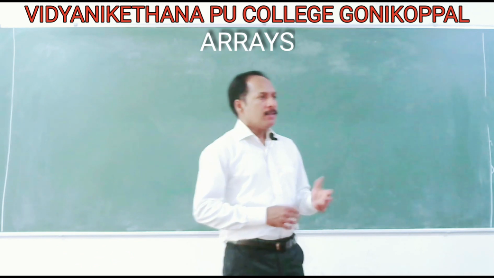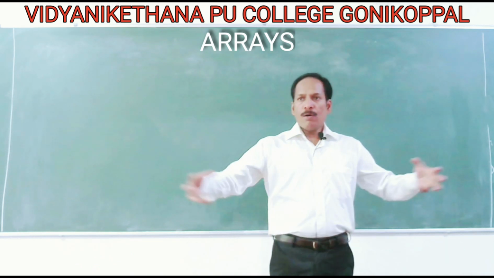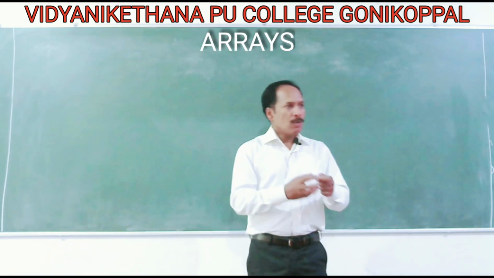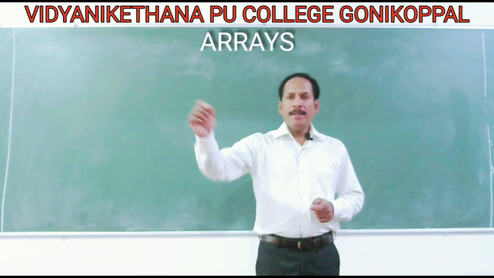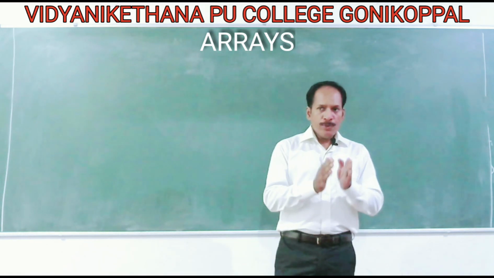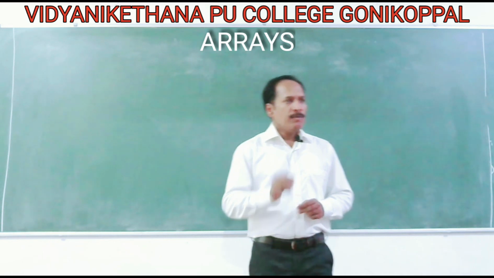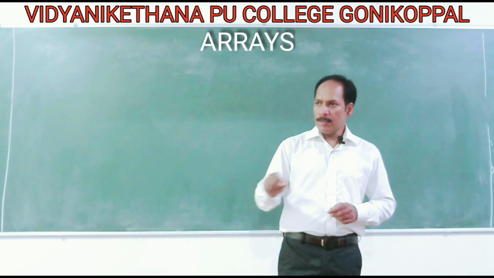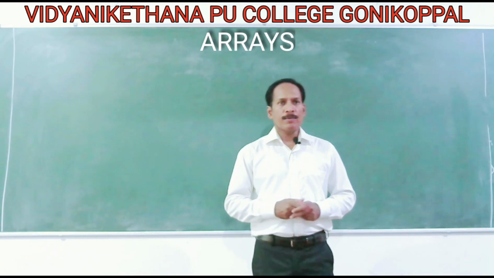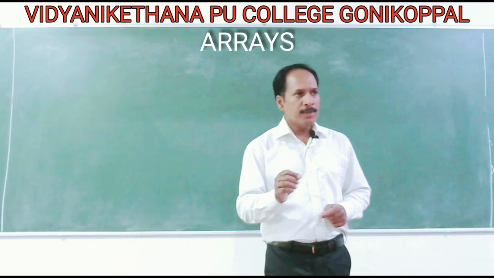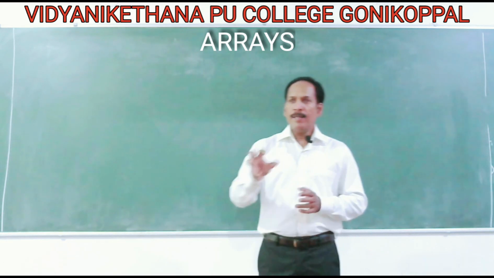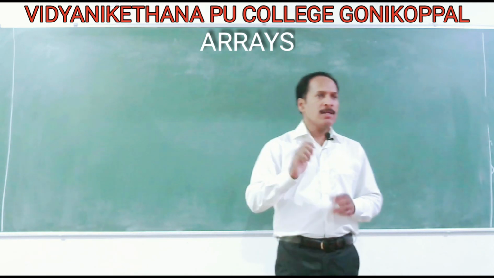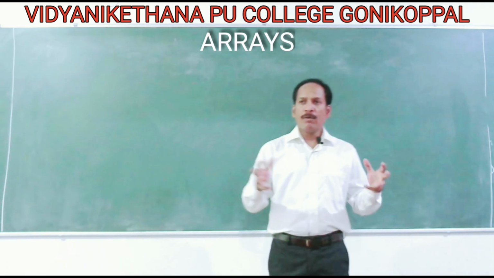And also we studied last year that since all the elements of an array have a unique name, in other words, all elements are identified by the same name. To distinguish each element of an array, we use a number like a subscript: A0, A1, A2, A3. What is a subscript? A subscript is a number which is used to identify the elements of an array, to distinguish the elements within an array, and to access the elements from an array.